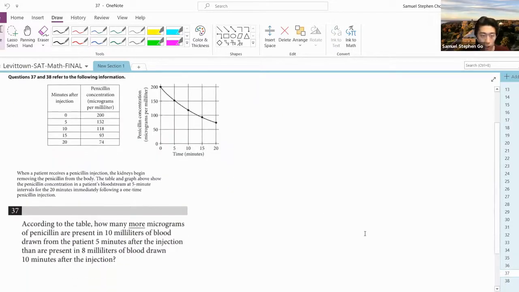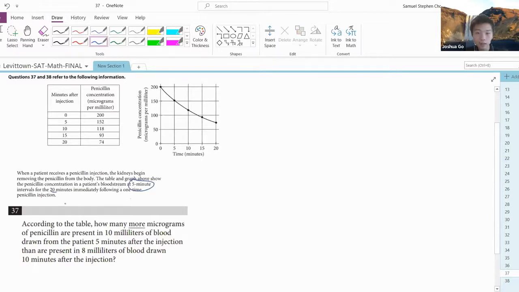Question 37, Josh? Right, we're given a table accompanied by a graph here. So just a little blurb to describe what it is. When a patient receives a penicillin injection, the kidneys begin removing the penicillin from the body. The table and graph show the penicillin concentration in a patient's bloodstream at 5-minute intervals for 20 minutes immediately following